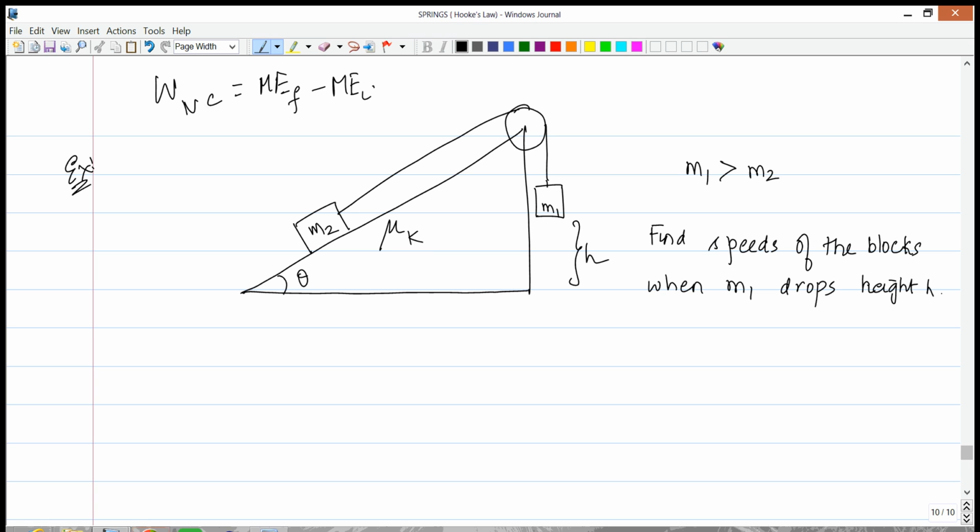So we have to encounter a lot of forces, and we'll see that by using this theorem, we can really simplify the problem. Although one must keep in mind that you have a lot of components. So let's do this very carefully, and as we go along, pay attention to a lot of details. The first of which is that in the beginning, M1 is the only thing that will have energy, and we'll show that. M2 in the beginning has no energy because M2 is going to go up, M1 is going to go down, which means that